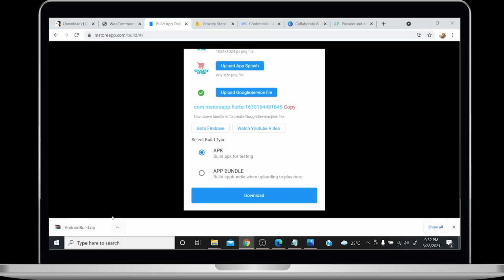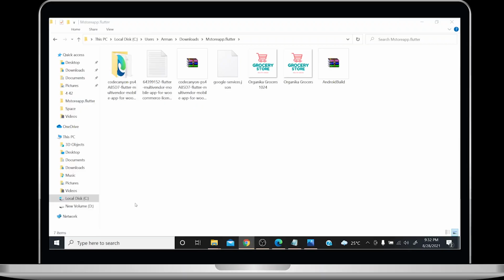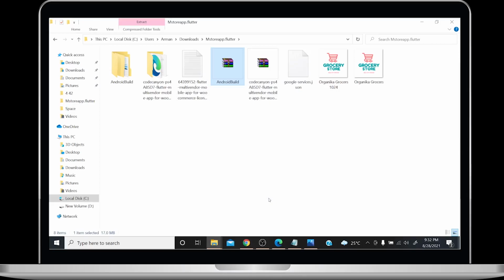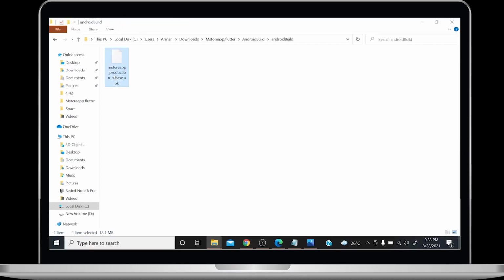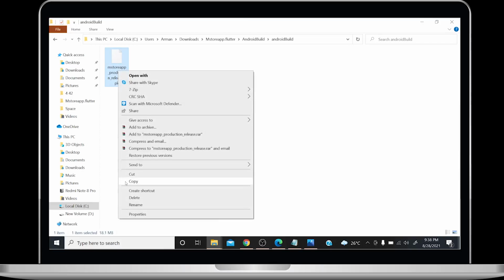Now open the downloaded file and then extract it. So this is our mobile application file. Now to test and run this application, you have to transfer it to your mobile and then install it.